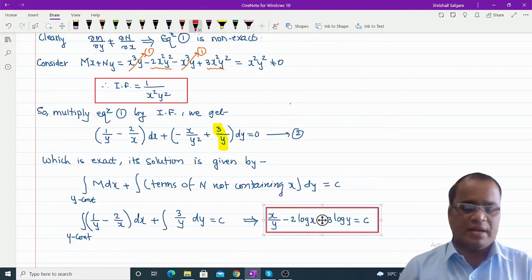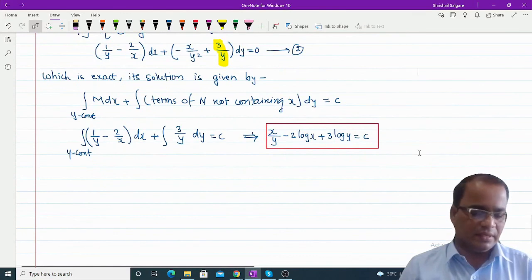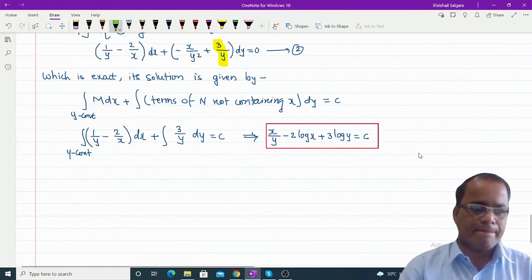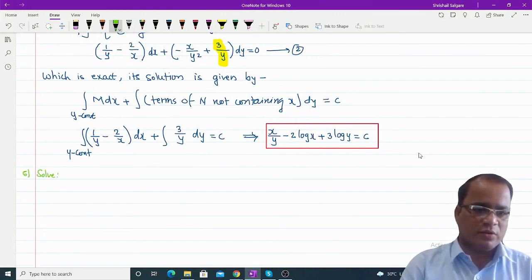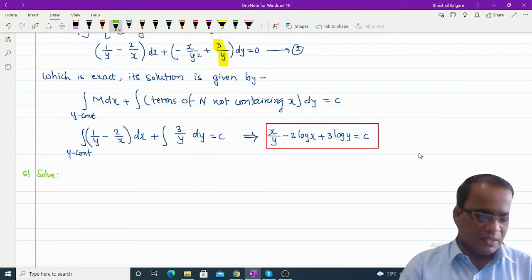One more example I will write, try to complete it, and meanwhile I will take your attendance also. I think this is the fifth example now. Don't leave the class, okay? Try to complete it. I will give 5 minutes because it's 12:11, and up to 12:20 I have to continue.